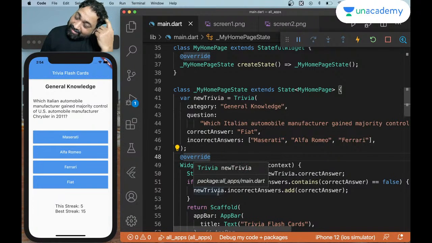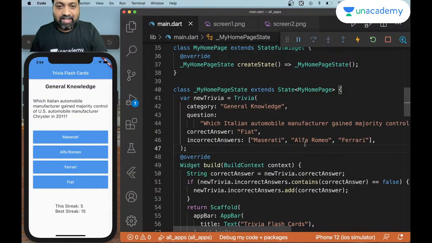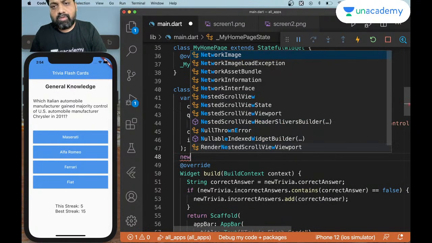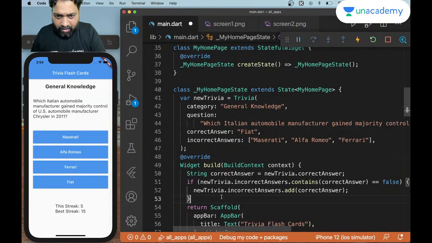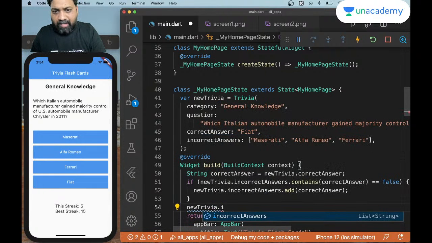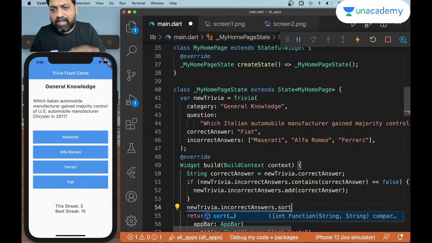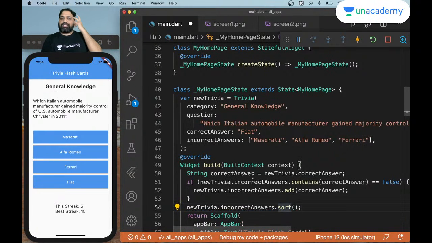your participants are going to figure out, and they're just going to keep answering the last one. What we are going to do that is that we are going to act a little smarter than them and say new, whoops, in here, if I say new trivia dot incorrect answers, and if I say sort, right, what it will do is that this sort is going to alphabetically sort this list. Okay. And if I save this now,